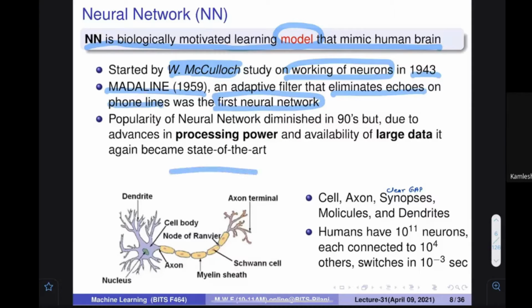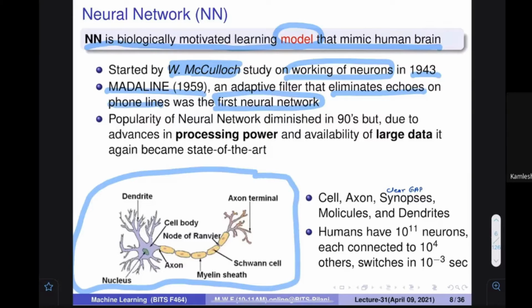So the neural network architecture, if you are not very much an expert, looks something like this: there is a cell that does all the processing, and this cell is an important part, where all the processing happens. This cell gets input from somewhere. These are the dendrites that provide the input. The dendrites provide some input and the cell does some processing, and whatever its output is, it sends to the axons. The axons take the output and are connected with other neurons, and therefore their output is given to the other neurons.